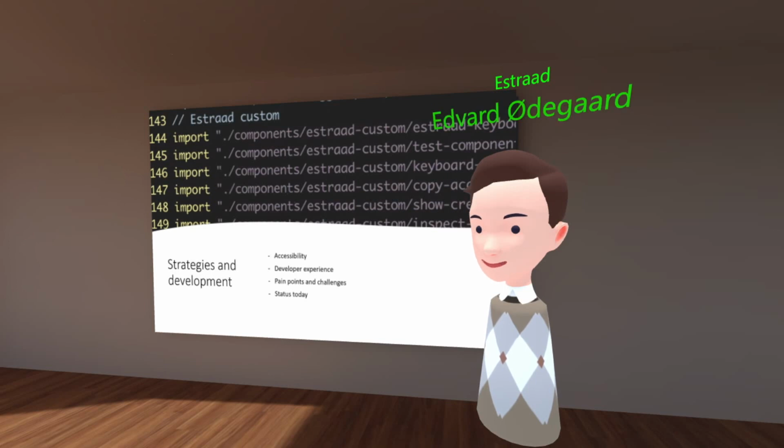So we have this demo room on our website. It's just estrad.com, and you can click, it's one of the first buttons, try the demo room, where we go through everything from how the audio roll-off works, all the way to how you scale objects and everything like that. So that's also worth checking out.